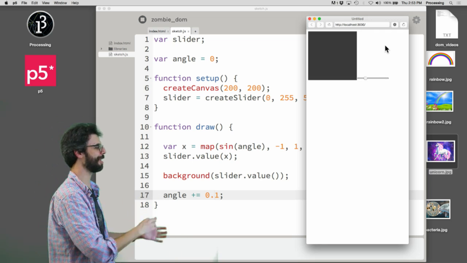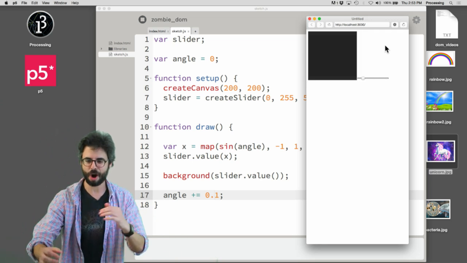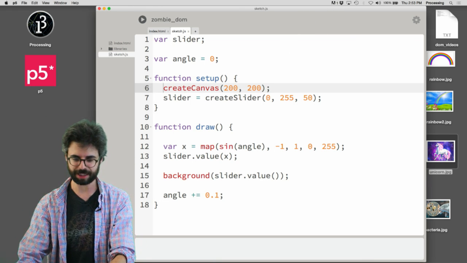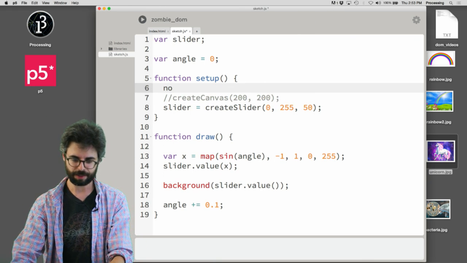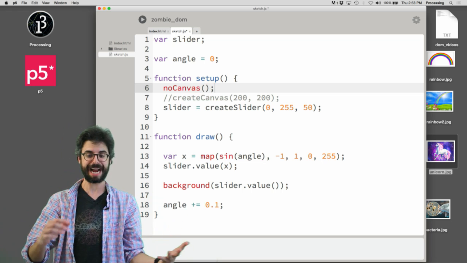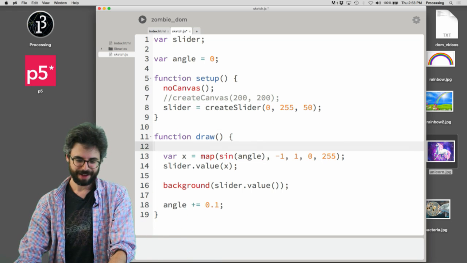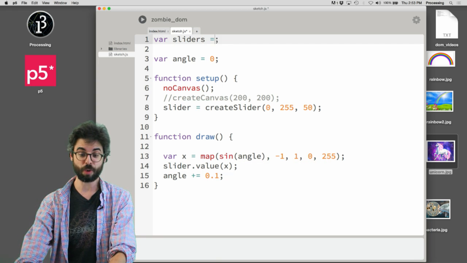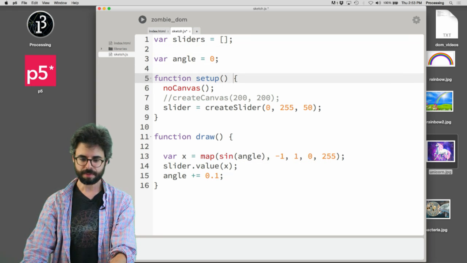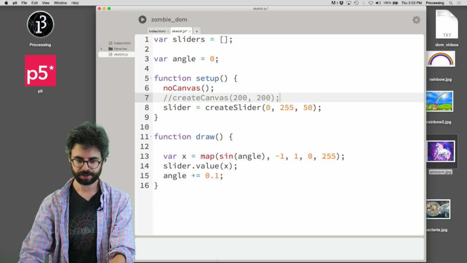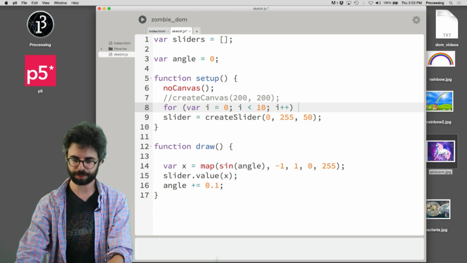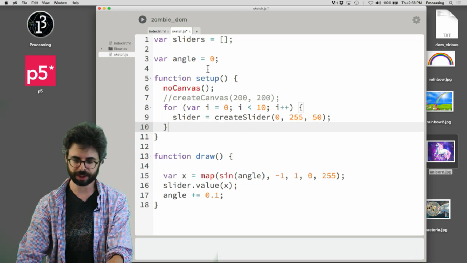I'm trying to do it with it, but I can't. So this was fun and all well and good, but let's do something more with this. First of all, forget about this silly canvas thing. That was nice to be able to see that the slider is still actively controlling the canvas, but forget about that, forget about background. What if instead I make an array of sliders and I were to say for var i equals 0, i is less than 10, i plus plus, and I'm going to make all those sliders